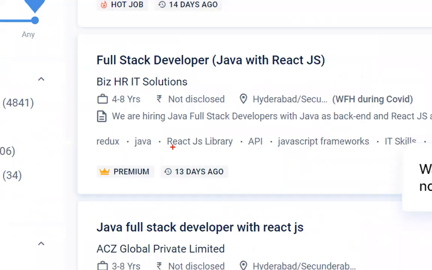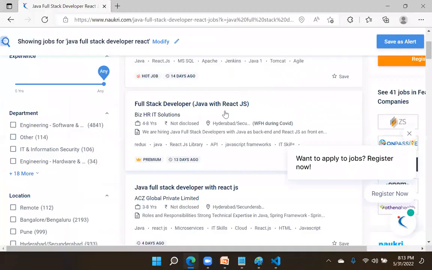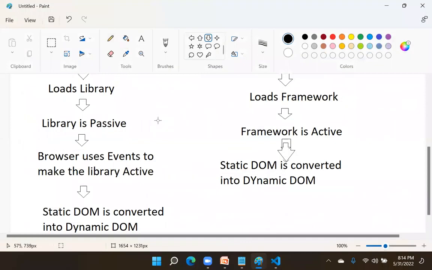We need the React.js library, right? So that is full stack Java with React. Especially they ask, that means you people will be fit for such type of jobs. Java with React, .NET with React, PHP with React, Python with React, or they are asking for only React developers, MERN stack developers. Your role will fit in those by learning React, right? But this is not the only choice, right? You have to learn both actually.